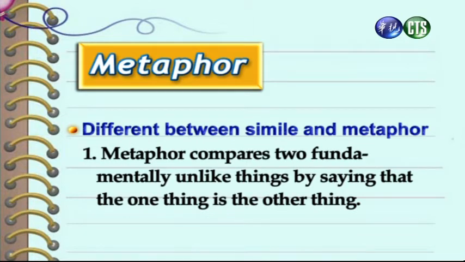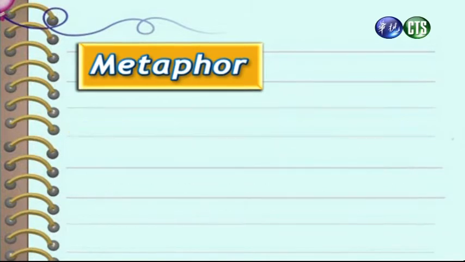And it's different in that the metaphor compares two fundamentally unlike things by saying that one thing is the other thing. 好,然而这个隐喻跟明喻,听起来感觉很相似,但它却有一些本质上不一样的地方。隐喻是将两件本质不相同的东西做个比较,来显示两者的关联性。